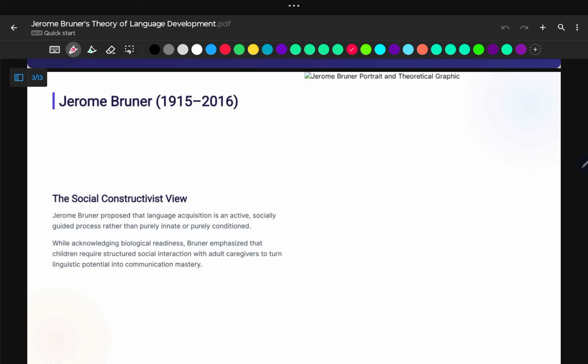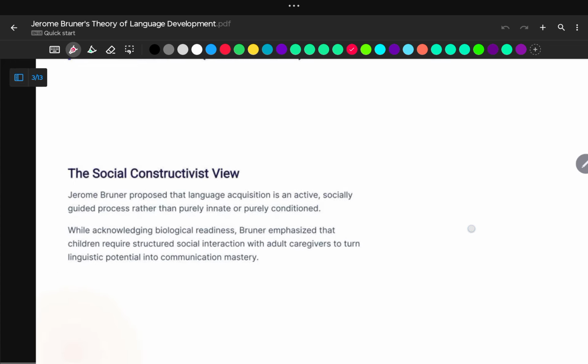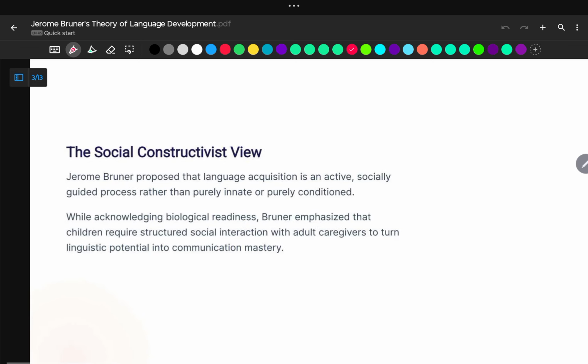Jerome Bruner, whose time period was basically from 1915 to 2016, was popularly known for his theory that is known as the social constructivist theory of language development. In this theory, Jerome Bruner proposed that language acquisition is an active, socially guided process rather than purely innate or